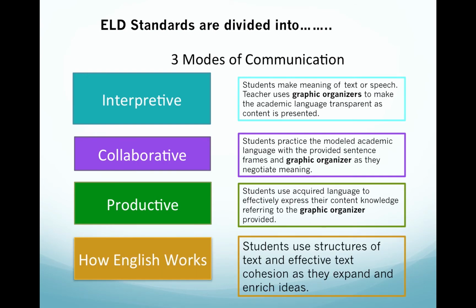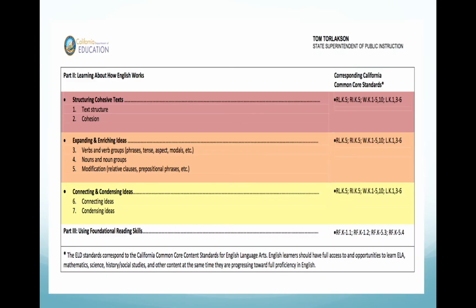In this context, it means students use structures of text and effective text cohesion as they expand and enrich ideas. So exactly what does that mean? In the standards, for structure and cohesive text, they're looking at text structure. They're looking at how the text can form thoughts so that it's cohesive for them. They're expanding and enriching their ideas. This is through print or articulating this, but through the use of verbs and verb groups